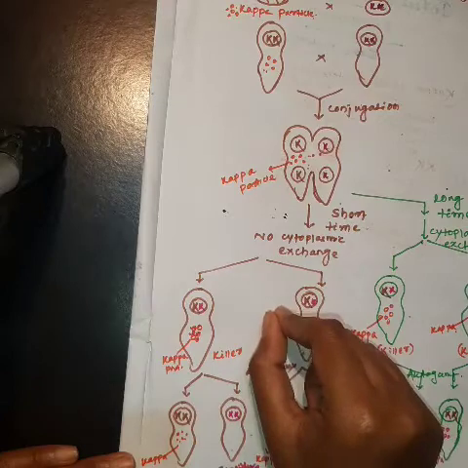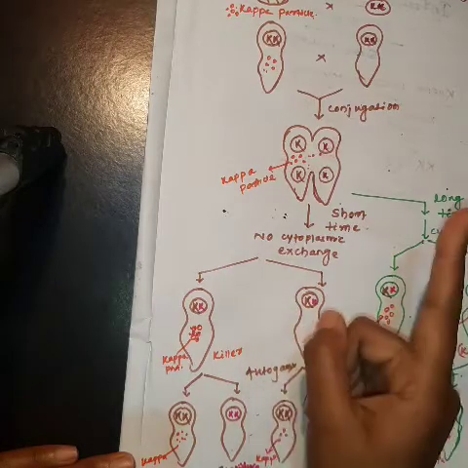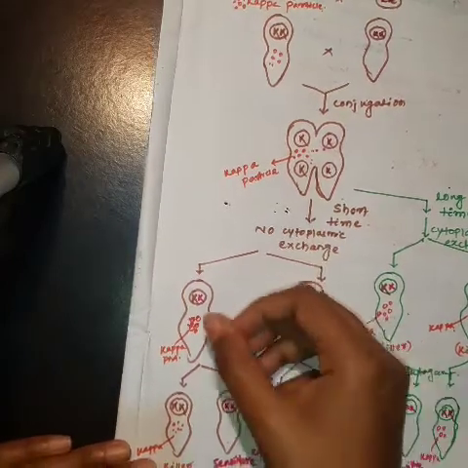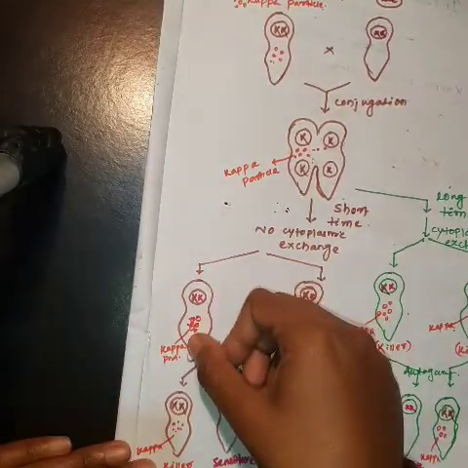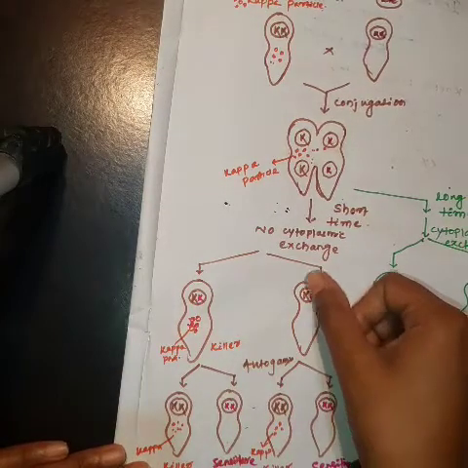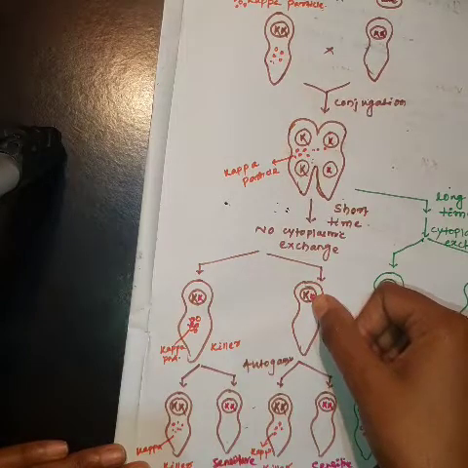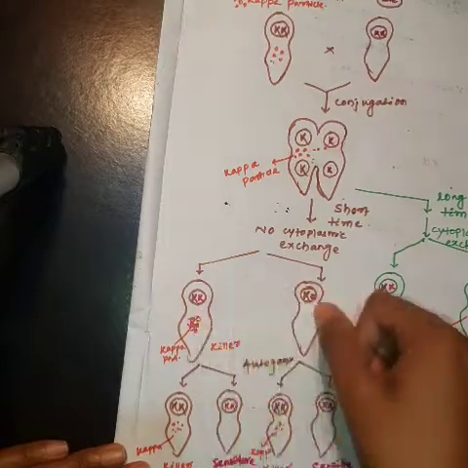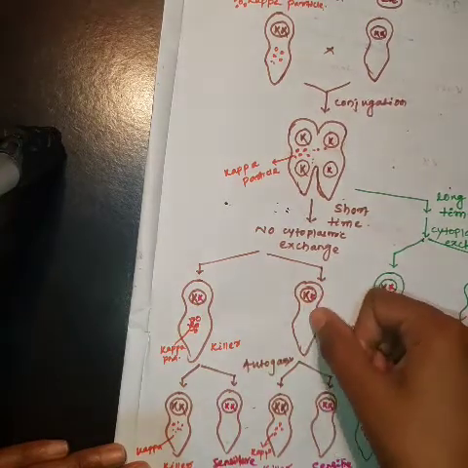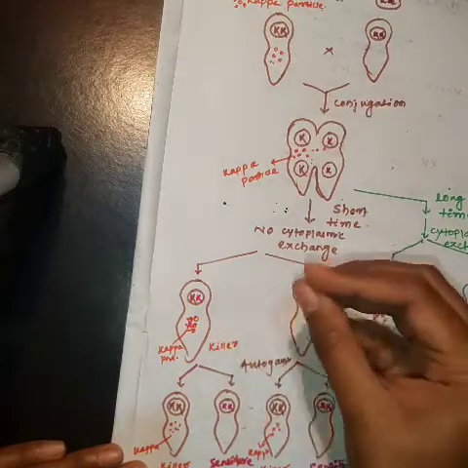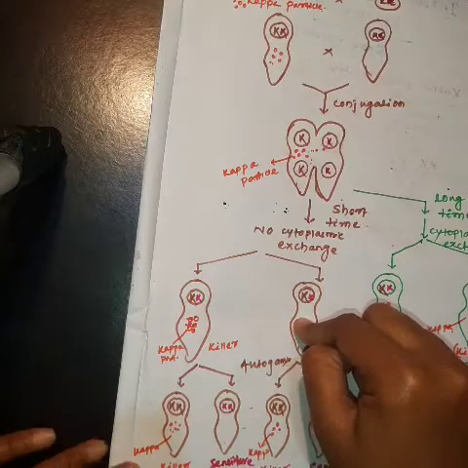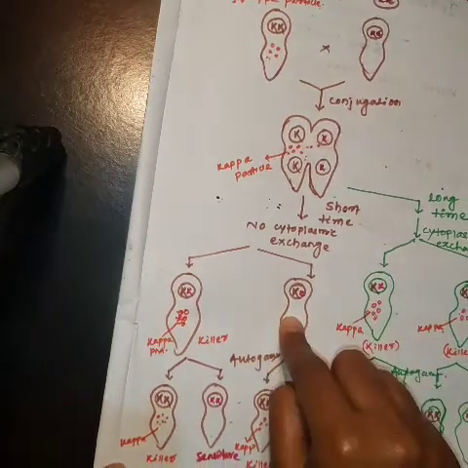But as we know, only one copy of capital K is necessary to produce the kappa particle. Here the kappa particle is present in one conjugant, but the other conjugant is still normal, even if it possesses one copy of capital K, as there is no cytoplasmic exchange. So here the nuclear material is not important, rather the cytoplasmic material is important, which signifies cytoplasmic inheritance.